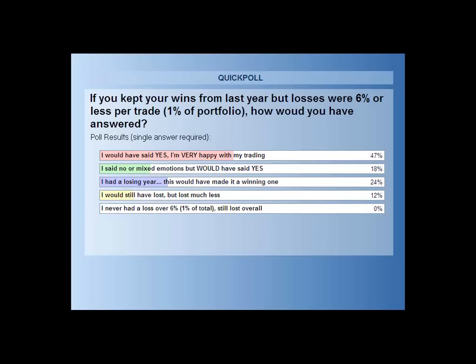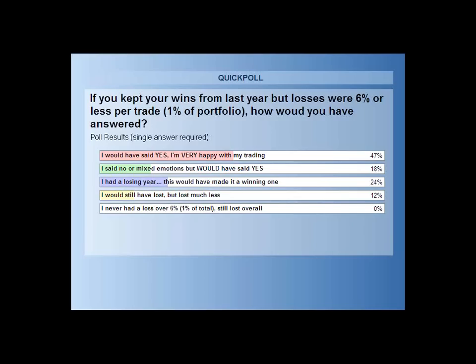Now if you had just applied that one simple process of using the setup of the married put for the long stock positions, so you limited your risk to 6%, 47% of you would have been happy with your trading results over the last 12 months. And that's much better than the 26%. Even if we took the 5% that said yes and the 21% that were happier could be happier, 18% of you said that you had said no or mixed emotions, but would have said that you were happy. So now we would have had over 65% of you saying that you were happy with your trading